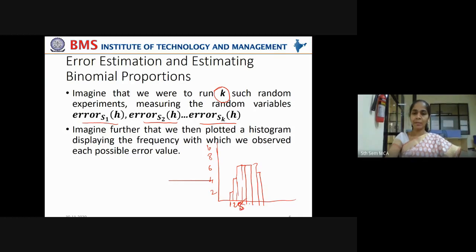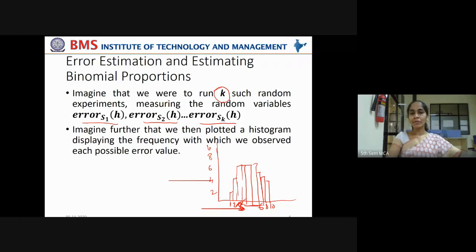Most of the time the sample error is 3 to 6. Let us take an interval. 3 to 6 is observed, and at other times even more sample error is observed, say 8% or 10%. So what we are trying to model here is this: you are taking the error on the x-axis, and the number of times that error is observed with the samples is plotted on the y-axis.